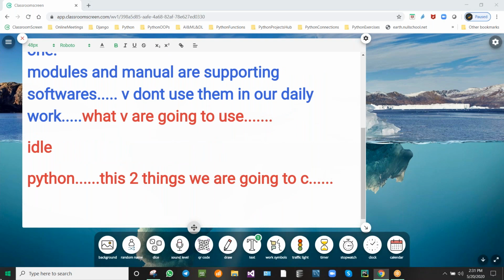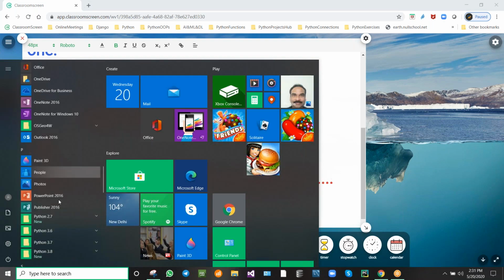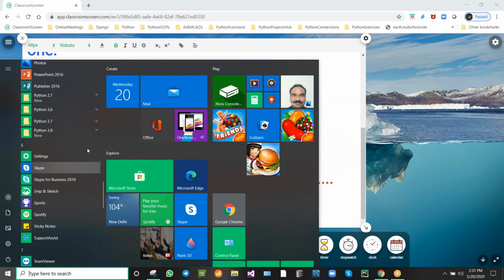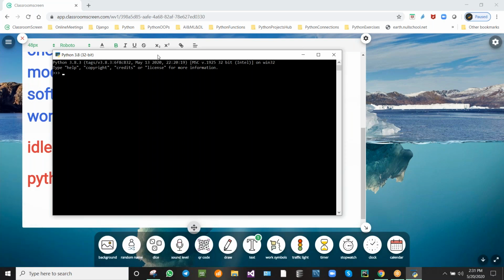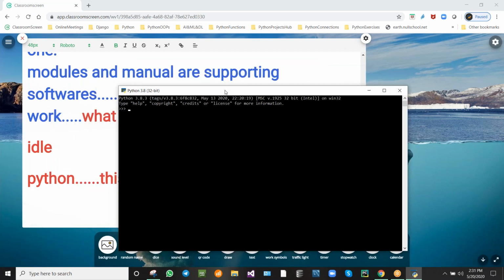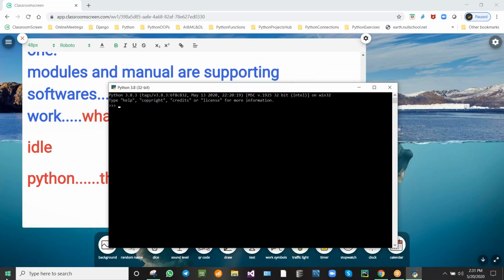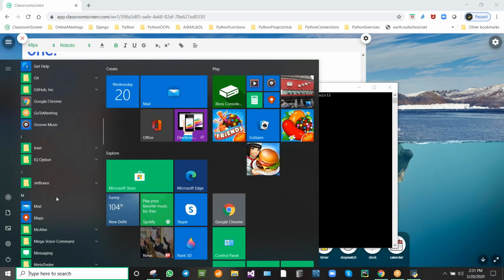If you type Python, for example, see here. I am clicking on Python 3.8 32-bit. It will open like this. And IDLE, I am clicking on IDLE.